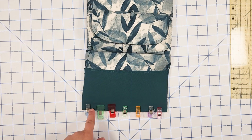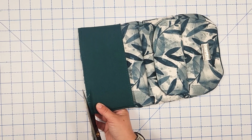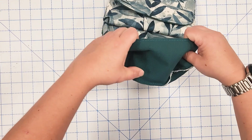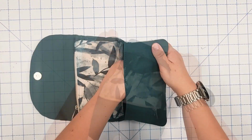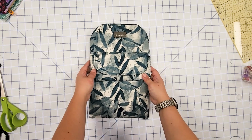Sew with a 1/4 of an inch seam allowance. Once this is sewn, trim your seam allowance down to about 1/8 of an inch. And then flip this so that it's right side out now. Poke out your corners. Now I'm going to take this to my iron and press the entire wallet, and then